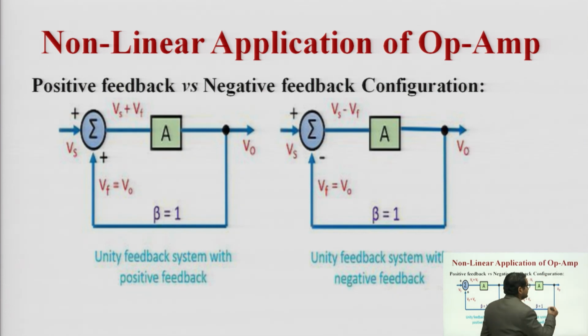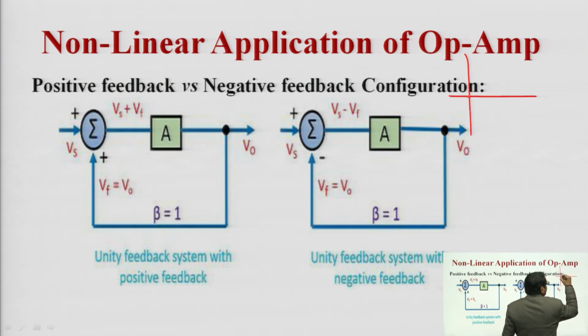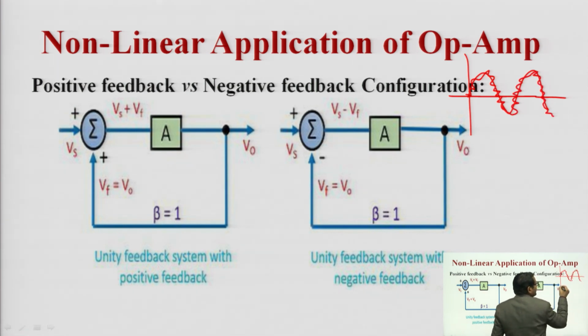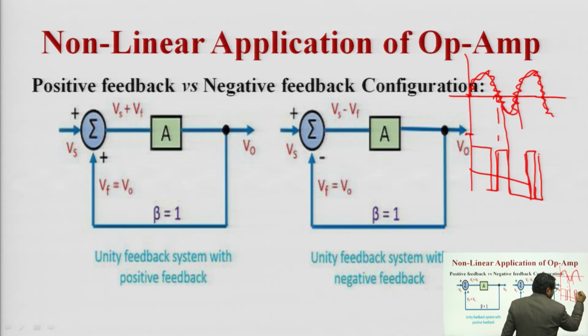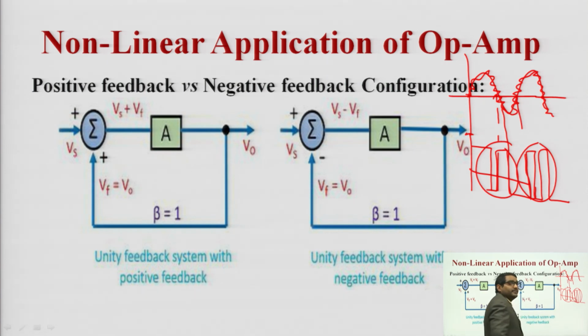For example, let us suppose this is the time varying signal and this is the noise imposed here, and we take V reference as 0. Then V out will look like this. In the presence of noise, it will give false triggering, and this false triggering can be removed by using a circuit named the Schmitt trigger.